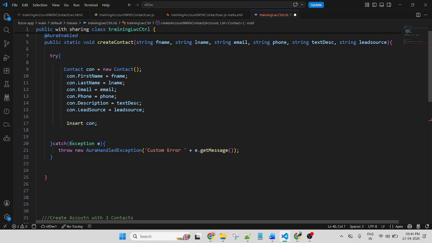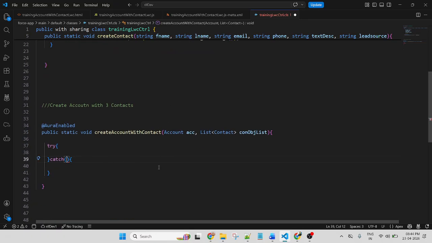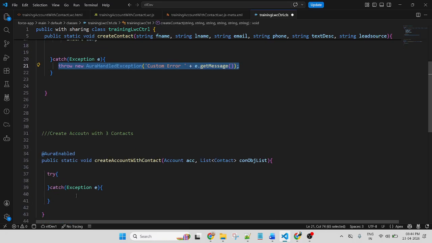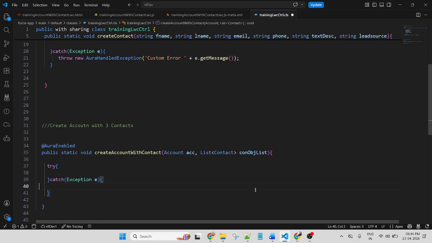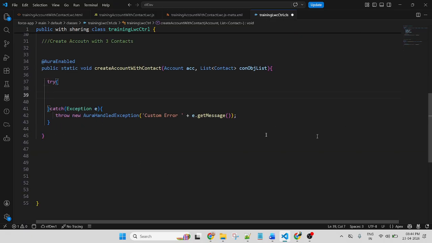Try and catch is for exceptions. This is common for each and every method. And in try, I will insert account and contact.